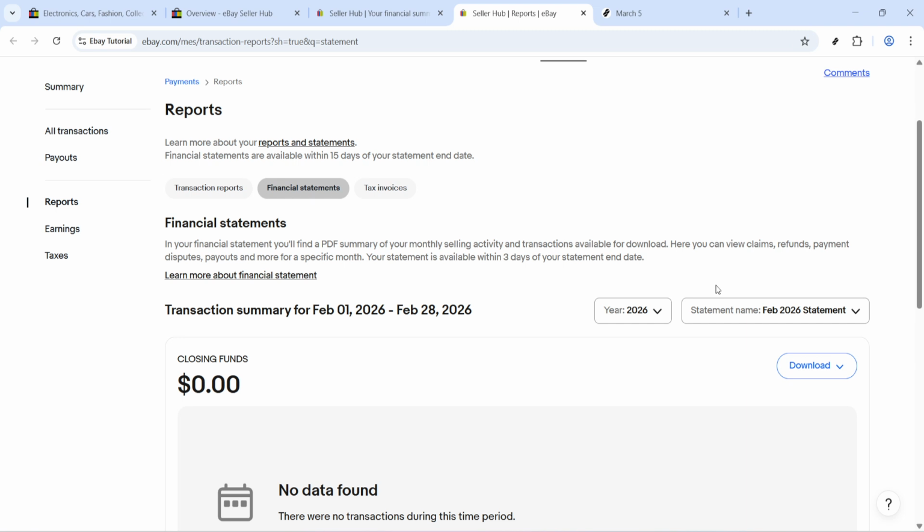If the layout looks slightly different, you're still in the right place. Just look for the Payments area and the Summary option in Seller Hub. When reviewing your statement, verify the statement period and currency and confirm that payouts and fees line up with your